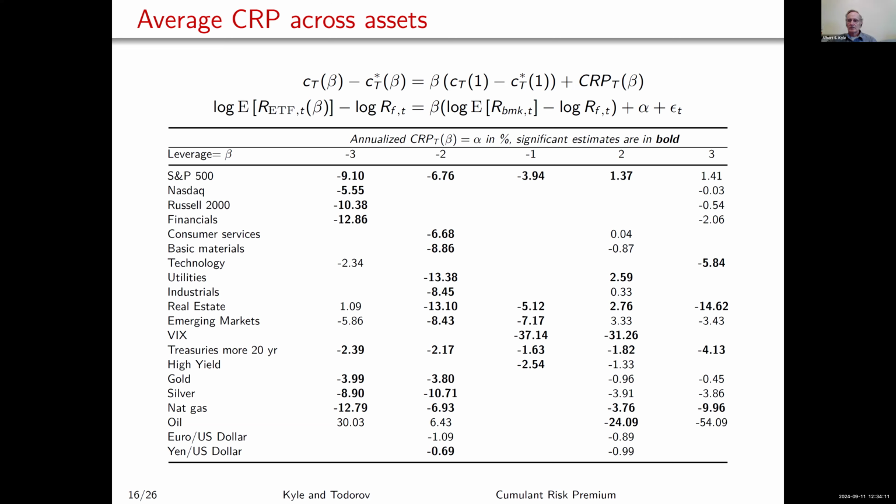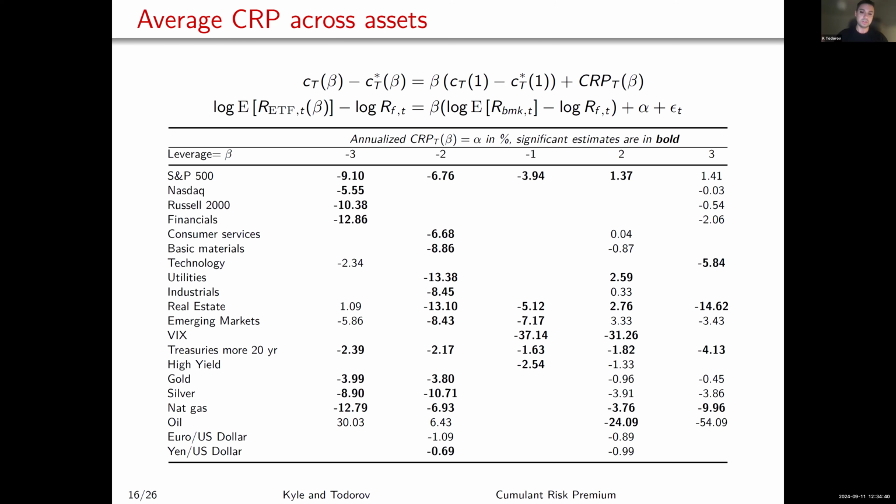Oh, it's certainly so. Let me just address the tracking error and the bankruptcy. There is somebody else on the other side who is exposed to this bankruptcy, who is providing liquidity to the ETFs and is bearing this cumulative risk premium, and that somebody is going to charge a premium for that, which is reflected in the tracking error. So you don't get 3 times the return; you get 2.8 times, because whoever is on the other side is bearing this cumulative risk premium and is charging you a premium for the liquidity provision, which is reflected in the tracking error.